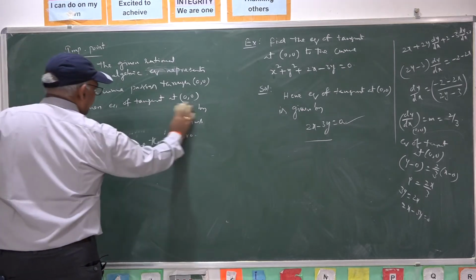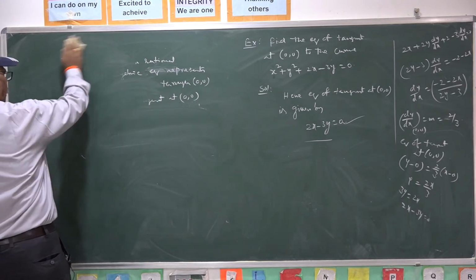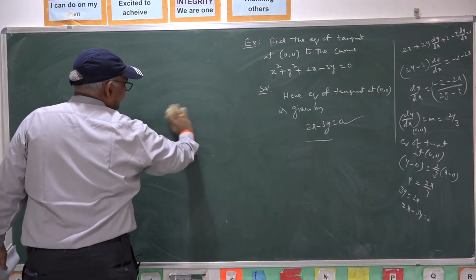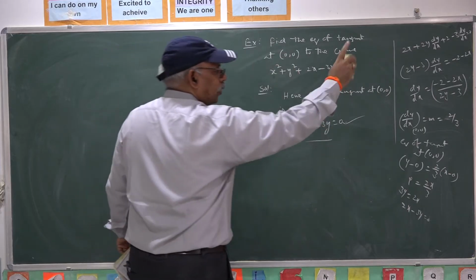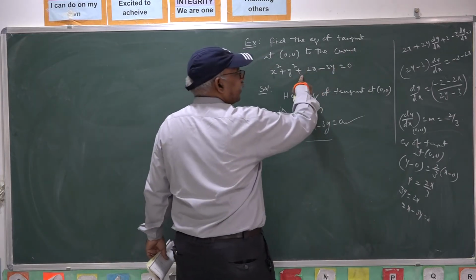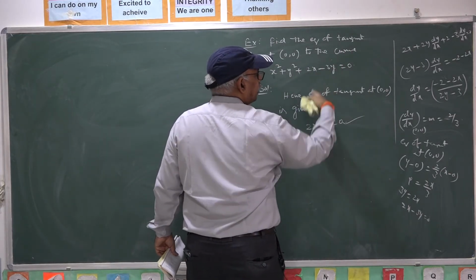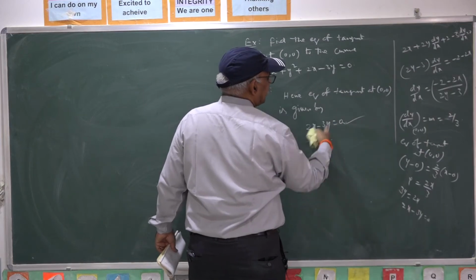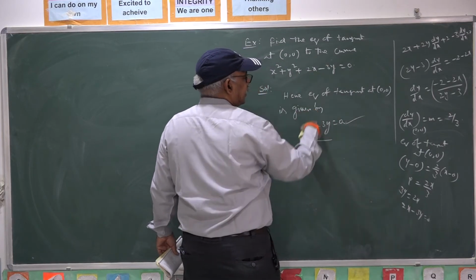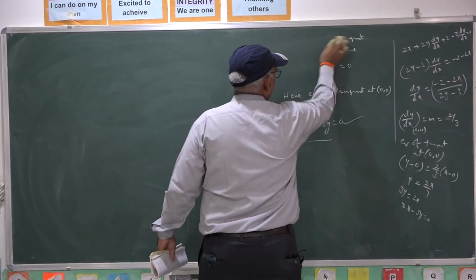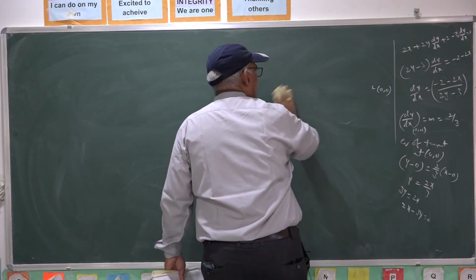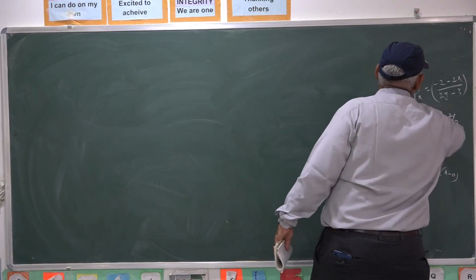That is one worthy, important point. You need not go through the derivatives and all the things. By observing the equation, if it is clearly passing through the origin, hence the tangent at the origin is simply obtained by taking the least degree terms. That is the shortcut method to deal with such questions.